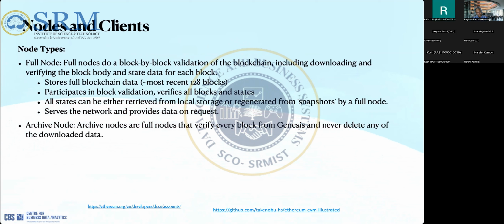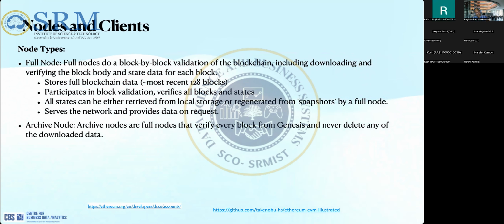So for example, the full node. What is a full node? This is a node which actually does mining, right? Does mining means it will collect the transactions. It will have both the execution client and the consensus client and all other things, right? So basically it stores the full blockchain data. Full blockchain data means probably not until the Genesis block, but most full nodes store the recent 128 blocks or something like that, and then they can prune the previous data so that they can perform efficiently.